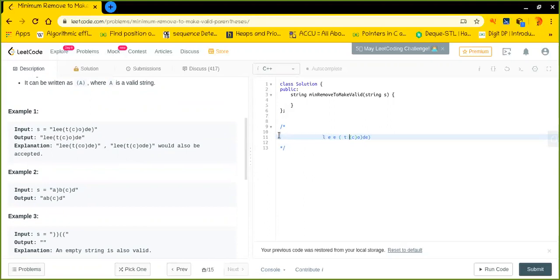Let me split all the characters for you. To solve this particular question, we will simply use a stack for now, for understanding purposes, but we will not code the solution using a stack, because the stack takes much memory.